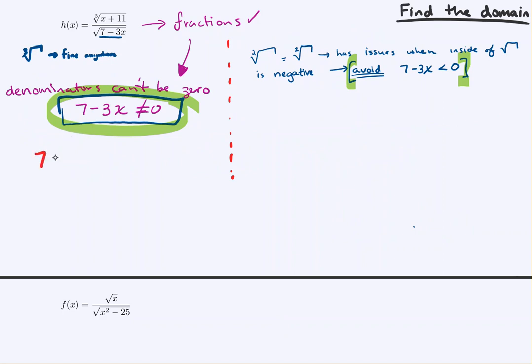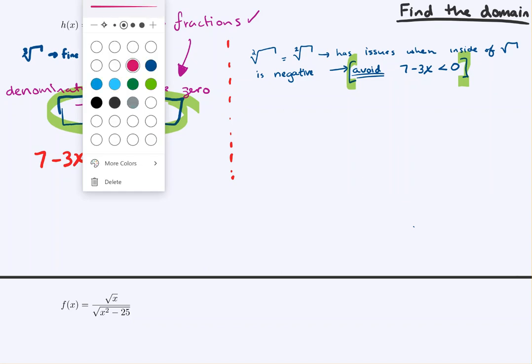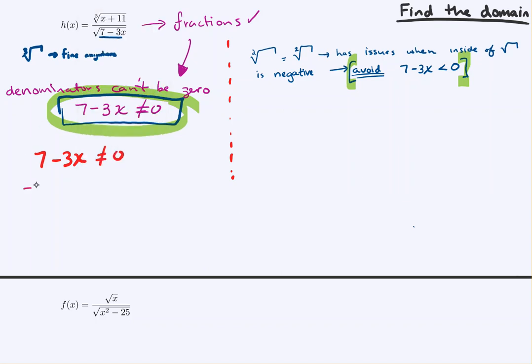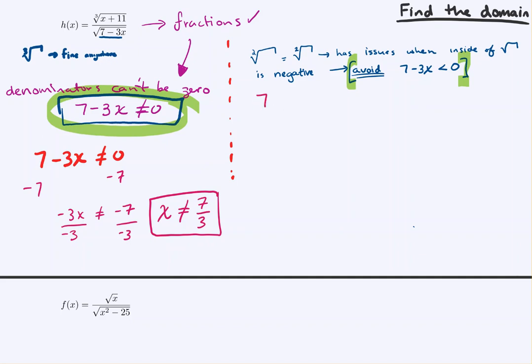The first one is we don't want the inside of the denominator to be equal to 0. So if we solve this for x, we might subtract 7 from both sides. And we get that negative 3x cannot be equal to negative 7. Divide both sides by negative 3. And we would get that x cannot be negative 7 divided by negative 3 is positive 7/3. So we need to avoid when x is exactly equal to 7/3, because that would make the denominator equal to 0, which is an issue. Next, we need to make sure that we avoid